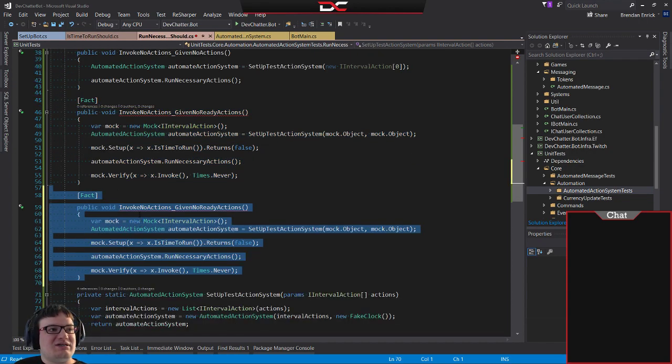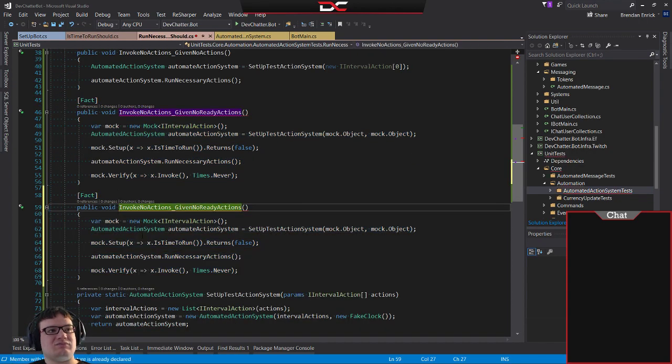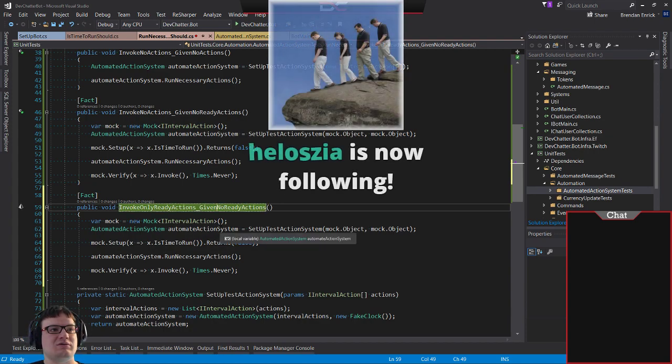Although I want to say invoke only ready actions given multiple states